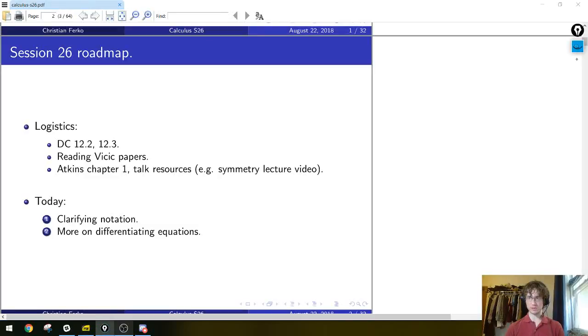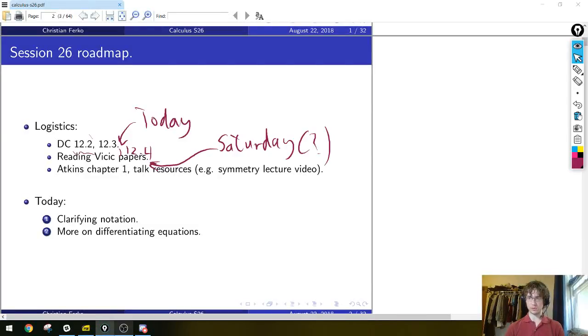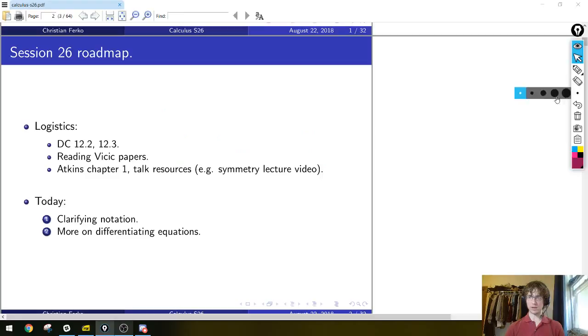What might be beating a dead horse, but just so that we're totally clear about what it means to differentiate a function with respect to a particular variable, and in particular what that looks like using the usual Newton notation with a prime versus the Leibniz notation with a d/dx, since both of them will be important in what follows. And then after that we'll talk more about